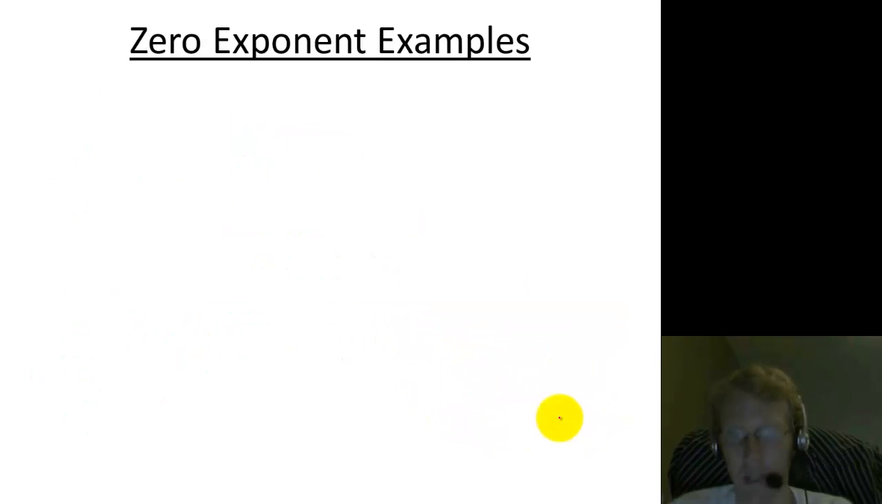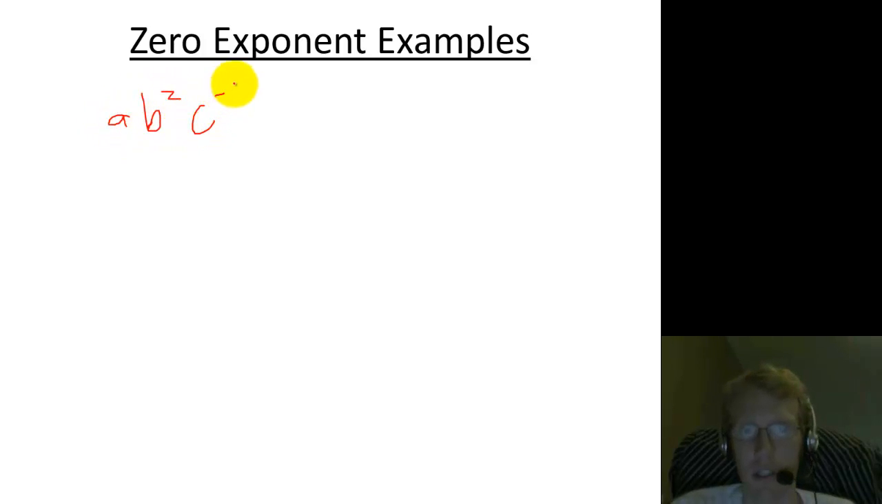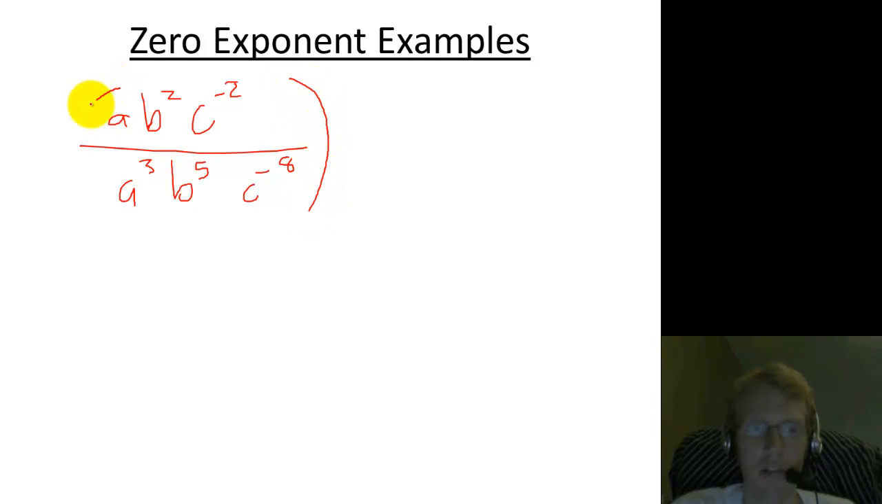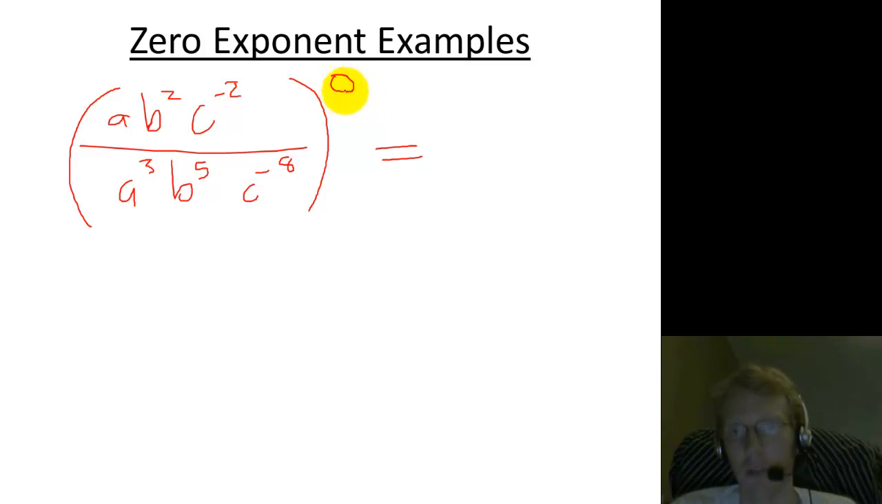The last example, I think I have a new page here. Another example is, it doesn't matter how complicated the base of your problem is, as long as the exponent is 0, the overall answer is equal to 1. So you could have something nasty like ab squared c to the negative 2 over a cubed b to the 5th c to the negative 8th, and then you could have all of that raised to the 0 power. And you don't have to go through and figure out what's a over a cubed, what's b squared over b to the 5th, what's c to the negative 2 over c to the negative 8. All that stuff, because you notice, or hopefully you notice right away, that this whole thing is to the 0 power, then the answer has to be 1,